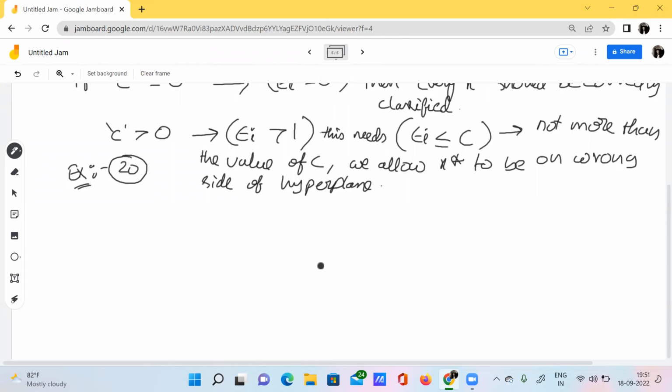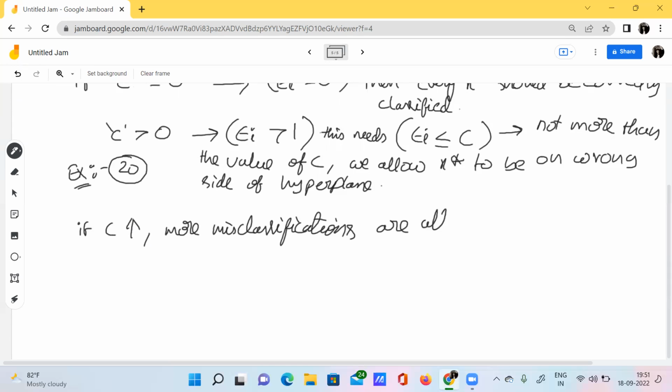Now what happens is, if C increases, then more misclassifications are allowed. This implies our margin will be widened.